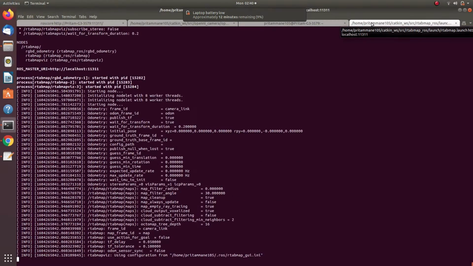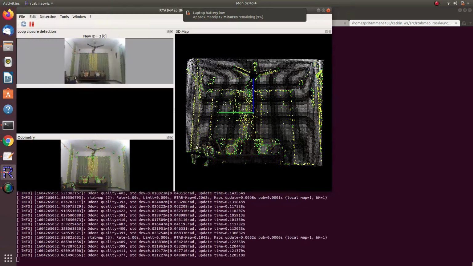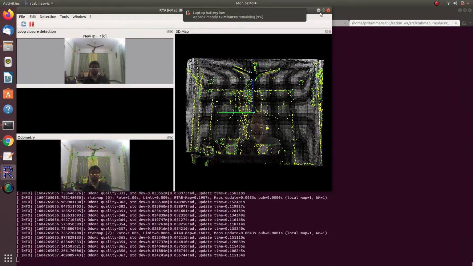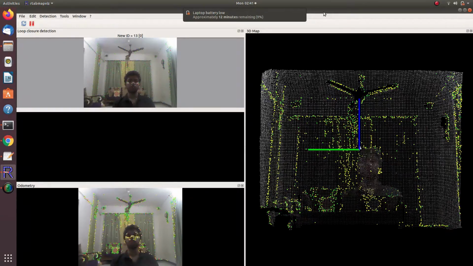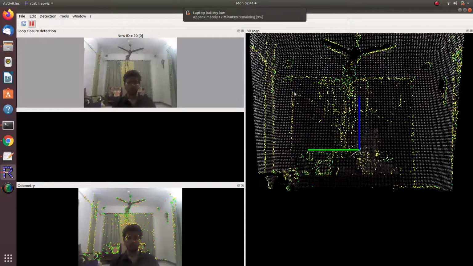That was the reconstruction of static environment. Now we'll see how the 3D mapping occurs in dynamic environment and how a dynamic object like person distorts the point cloud. As we can see, the point cloud is being distorted by the dynamic object. If a person is present in the frame, the depth data of that person is also saved on the point cloud.